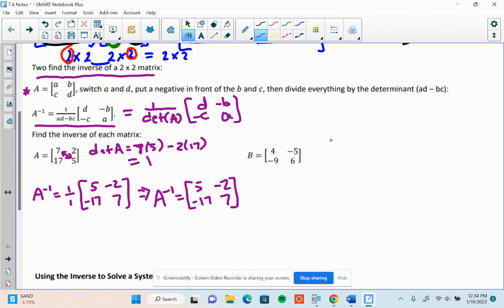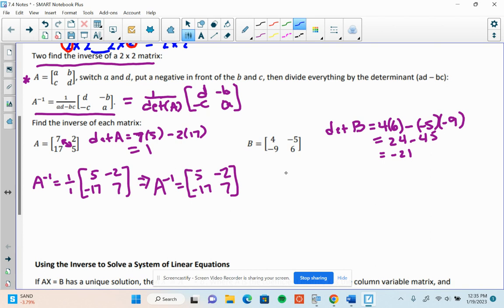B. First thing we're going to do is calculate the determinant of B. So we'll do 4 times 6 minus negative 5 times negative 9. Just be really careful with the signs here. That's going to be 24. Take away 45. That is negative 21. So our inverse matrix, B inverse, is going to equal 1 over negative 21 times, we're going to switch the